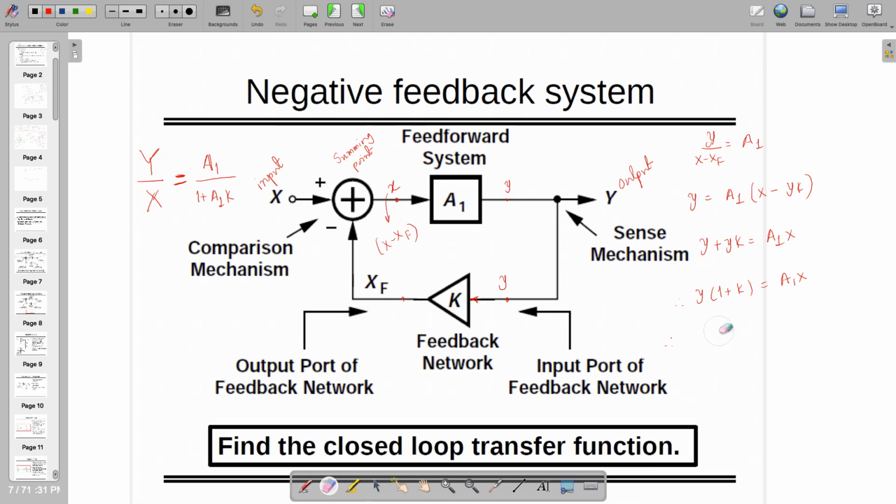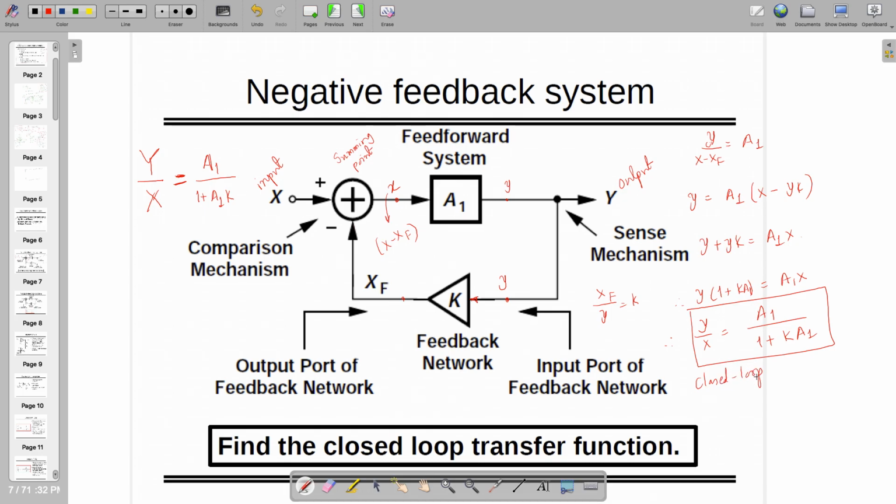1 plus k, I made a mistake somewhere maybe. So XF by Y is equal to k. So XF is equal to kY. That's okay, fine. Yeah, so I forgot to add k over here. So it's A1k divided by 1... a1k divided by 1 plus kA1. I have to take A1 here, right? Sorry, this is not. So this is the transfer function, which is closed loop,